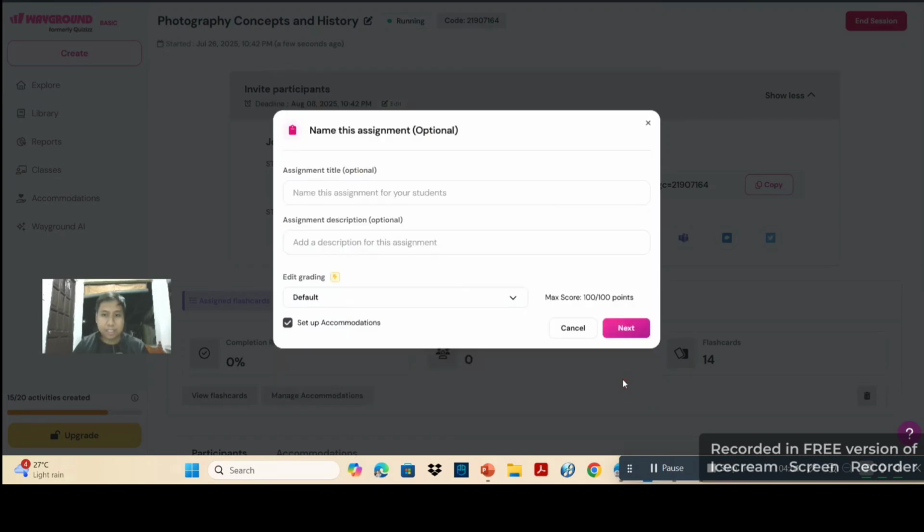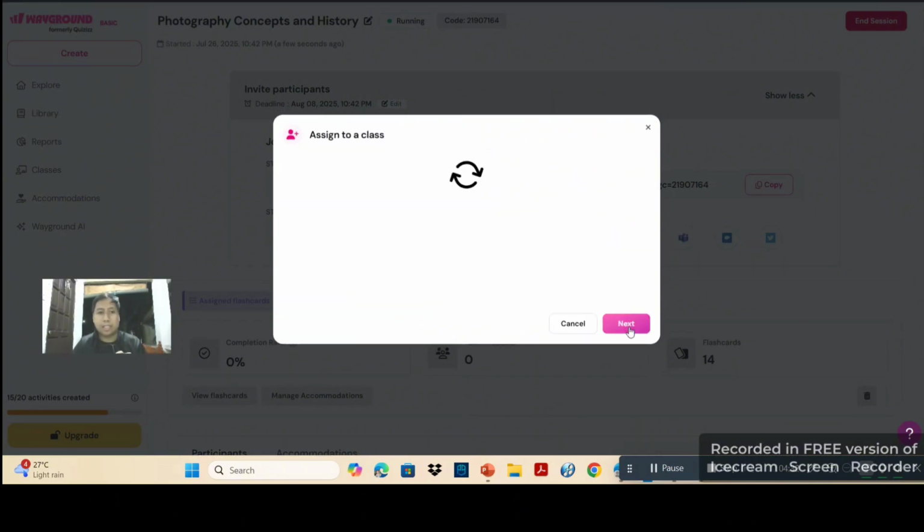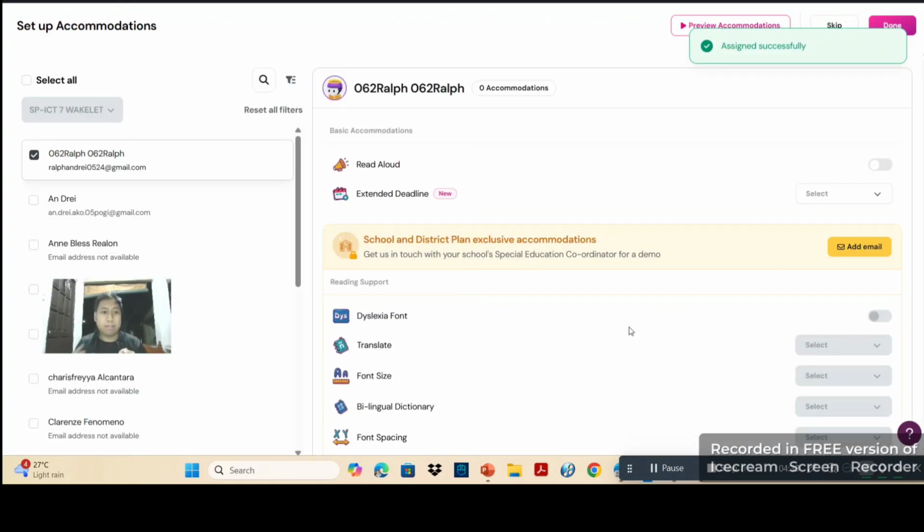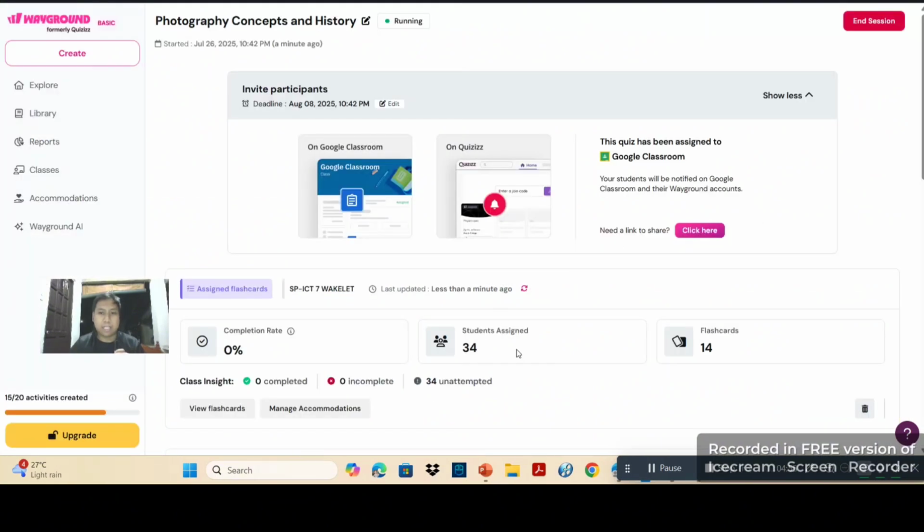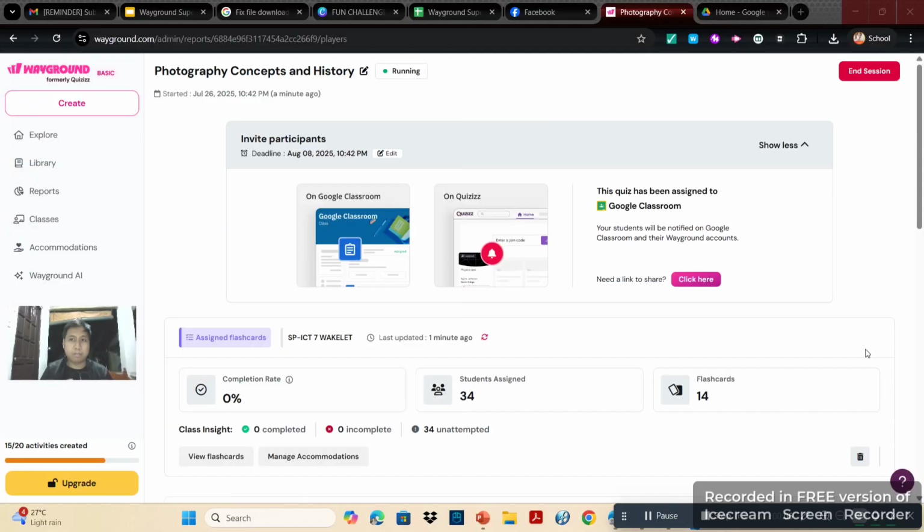Next, we can have a description, a practice, or a flashcard like that. Next, follow the instructions, and next, and it will be in our Google Classroom. See, the students assigned is 34. So the quiz has been assigned to our Google Classroom.